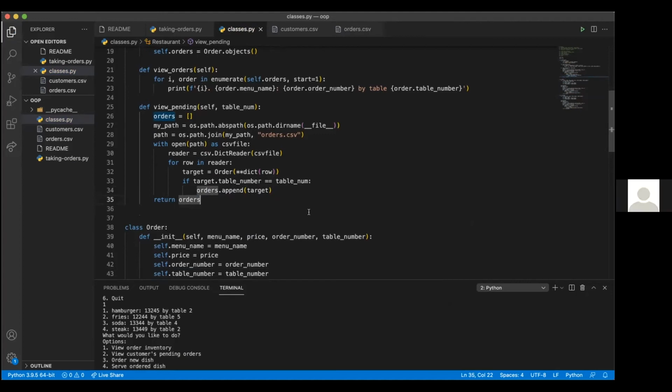So basically, when you call the method, you're having them input the table number like you did in the interface, and then you're checking it against the CSV value that's called table number. And if it's equal, then you push it to orders, the whole value, and then you're reading that. Yeah. Okay. And then instead of returning this time, you have to print the values out. So you would do like